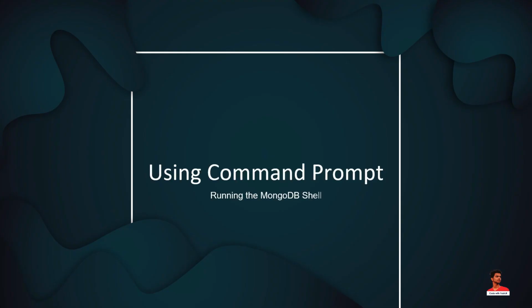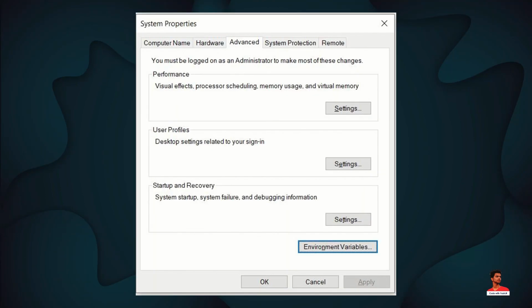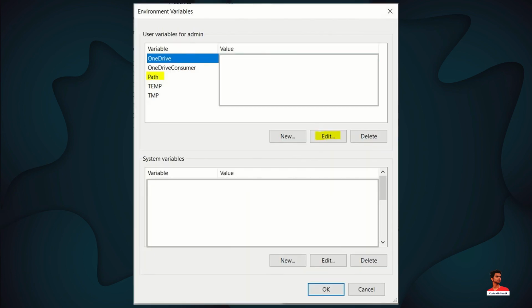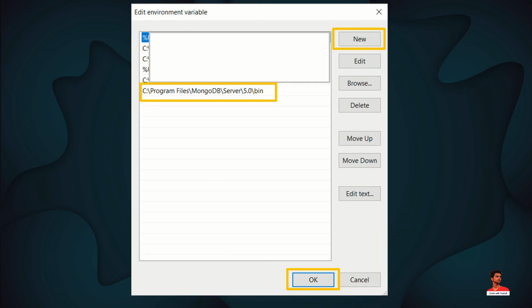Second way is using command prompt. For using this way, we need to set the path in environment variables. Type env in the computer search bar. Then click on environment variables. After that, in user variables, click on edit and set the path from the bin folder which is present in the MongoDB folder in C drive.